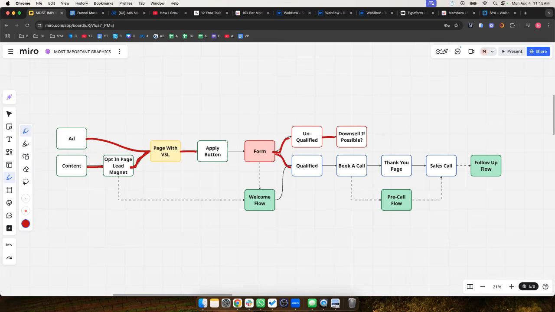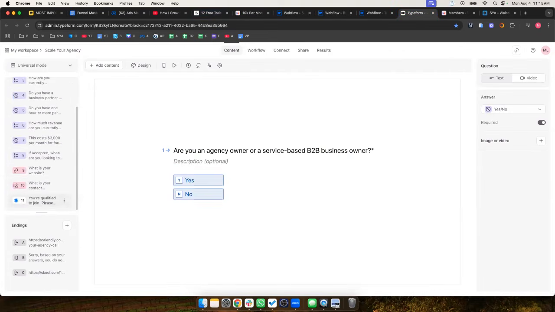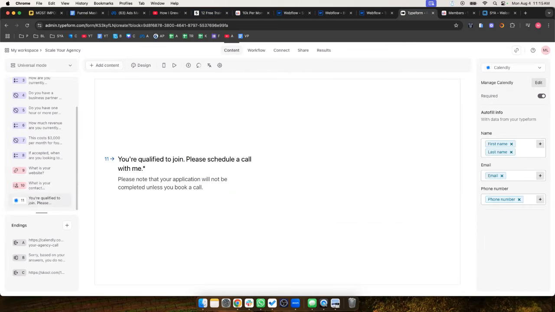It's all good. And then what you want to do in most cases is have the Calendly button embedded inside of Typeform instead of a separate page. If you have it on a separate page, it's fine, and there are use cases for that. But if you have the application and then go to the booking embedded on a separate page, usually you're going to get like 50% drop off. So 100% of people fill out the application, but then 50% book a call. If you have it embedded and you need to book a call to actually submit the application, usually it's going to be 70 to 80%.